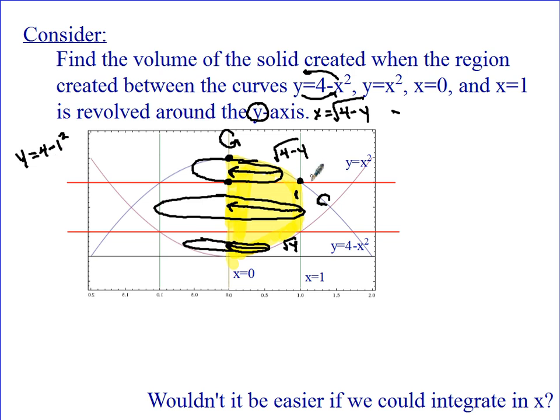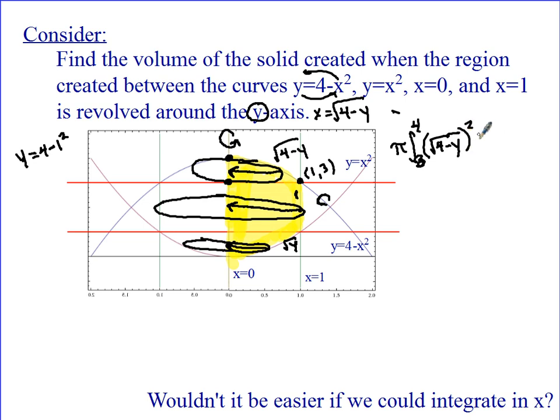So this is 3. And up here, this is x equals 0, so that's 4, right? So I'm going to have pi times the integral from 3 to 4 of the square root of 4 minus y